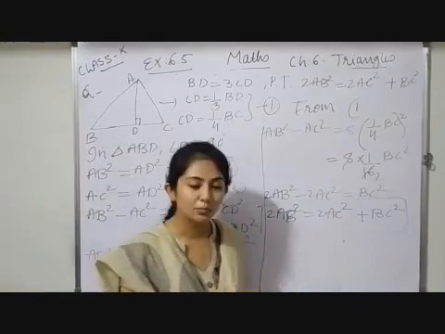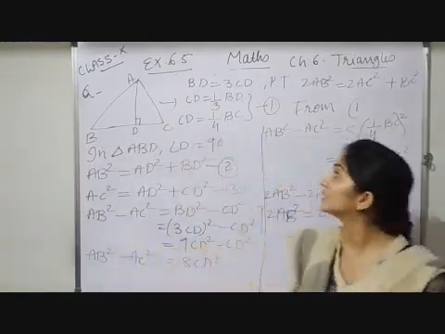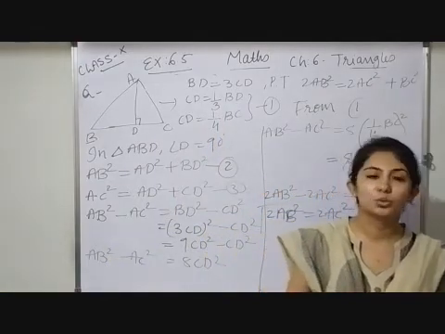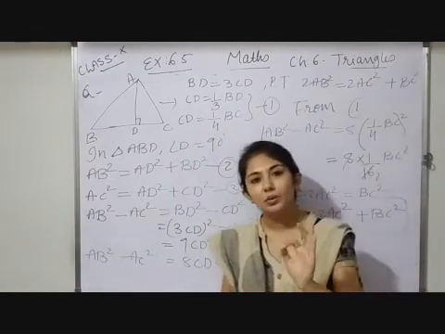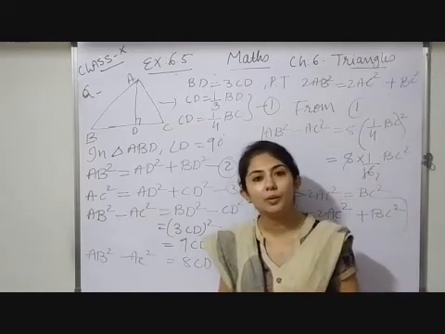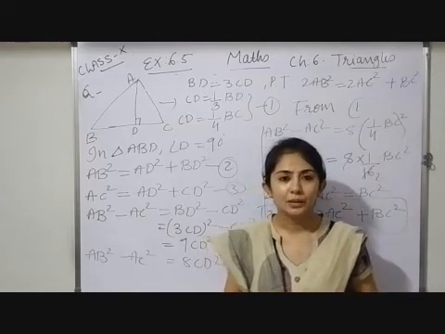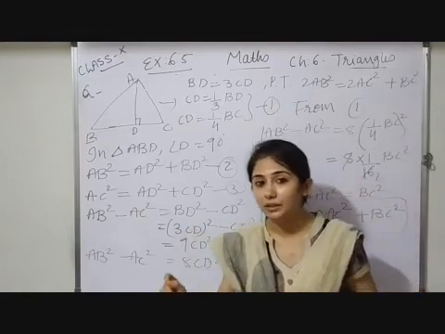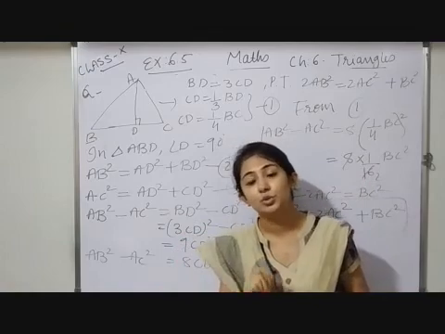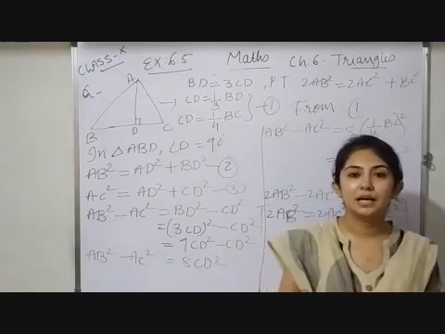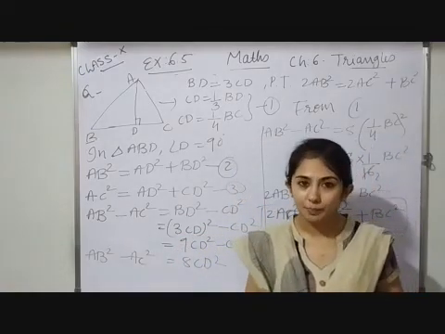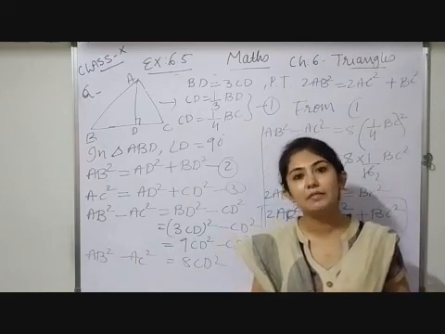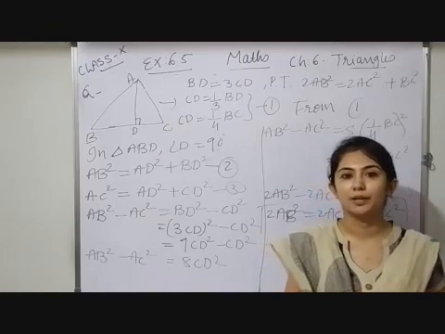Similarly, some more questions are also given in your exercise 6.5. A little bit of logic you have to apply in each question, but the basic thing you have to apply in each question is the Pythagoras theorem. In each question you have to think how to apply the theorem, what arrangement you can do so that you can reach your desired result. Only this logic you have to apply. If you apply it properly, I don't think you will face any difficulty completing exercise 6.5. Thank you.